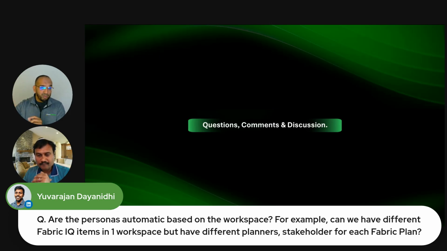Question is, how do you deploy the permission for stakeholder? Because I don't want everybody to be an IT stakeholder. You will do it in the plan artifact. You see the security settings, so there's a security setting at the artifact level. There you will define the stakeholders, or who is allowed to do the input.